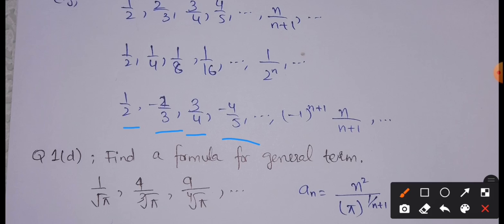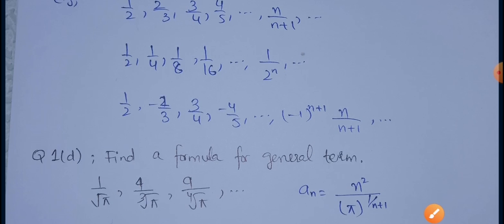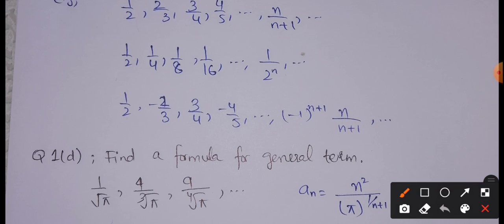You can see we have the same terms, but with alternating signs. So we have to put some extra term, which is going to be minus 1 raised to the power n plus 1. Clearly when I put n is equal to 1, 1 plus 1 is going to be 2, and minus 1 raised to the power 2 will be positive. So the first term is positive. Now when I put n is equal to 2, we have 2 plus 1, that is 3, and minus 1 to an odd power is going to be a negative number. That's why the second term is negative. So the general term is very important to write down a sequence.